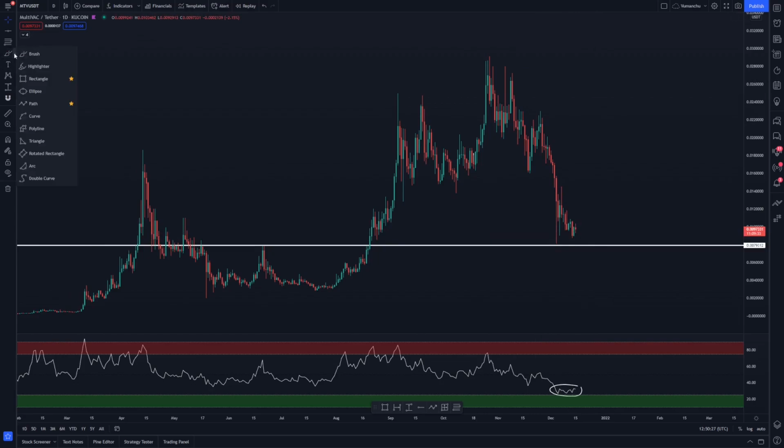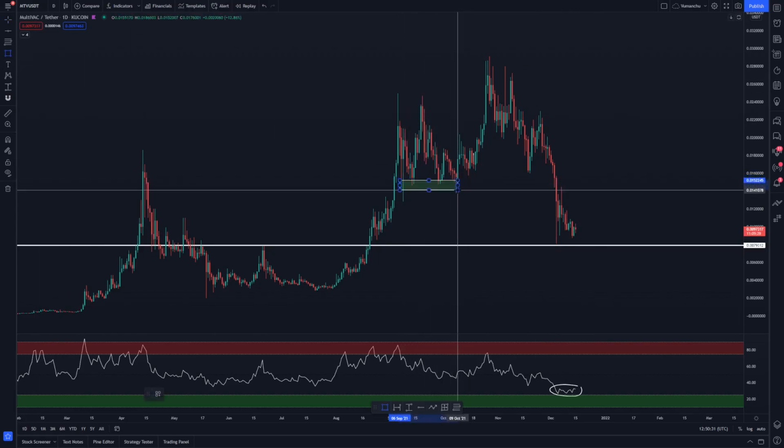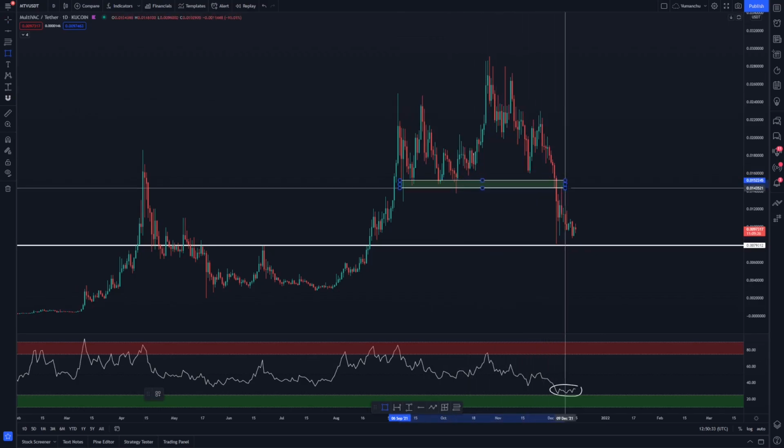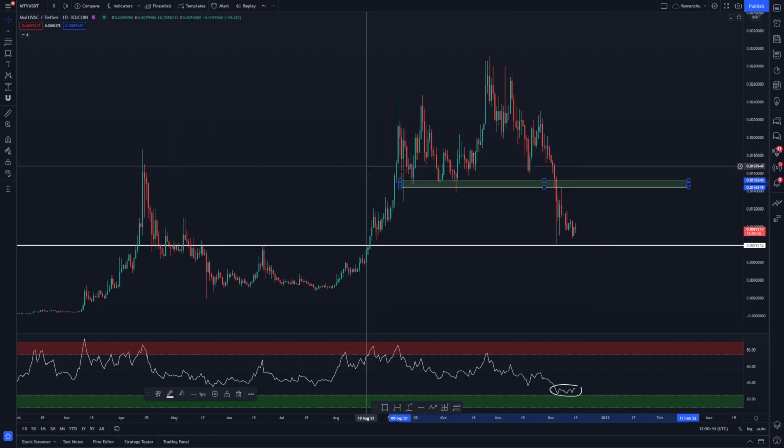I was looking at this level earlier on. If we just put the ray on it, we see all these wicks that we're catching now with this box, multiple wicks all the way through there, and then we've also caught this wick and we use it as support. That's the first major area we need to flip to support to get back into the cycle, and if you look, we could drag it all the way through to those wicks too, but